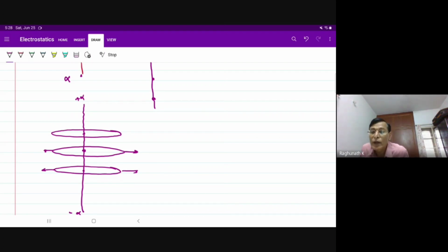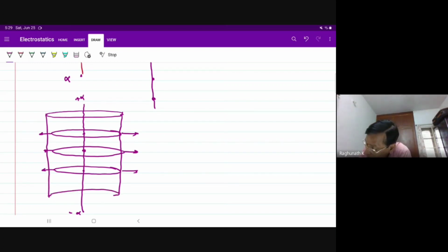Ultimately, I say that if these charges are kept on a line of infinite length, and the number of charge sets that are kept is also infinity, at any point in the circle drawn on the plane perpendicular to the line, the field is purely radial, because of which at any point on the cylinder of radius r having the line as its axis, the field is radial, because of which the force field that we are talking about now, because of infinitely many charges kept along a line of infinite length,